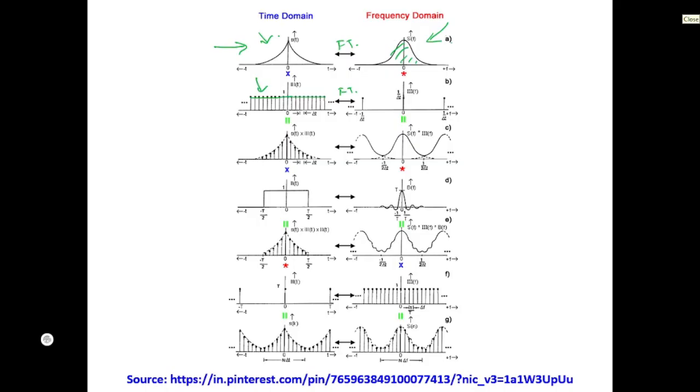The amplitude remains the same. That is a DC component, and hence at zero frequency you will have one impulse. Next, if you look into this impulse train, there is a small time period, capital T,